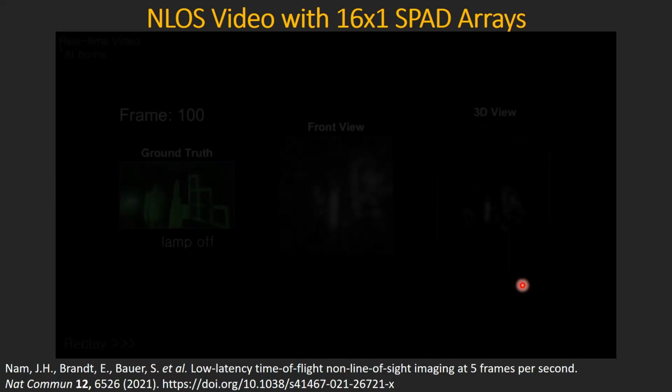Just to give you an idea of where the SPAD array cameras are going. The iPhone sensor, as I said, is roughly 100 by 100 pixels. Canon just announced a SPAD array that's going to be 3.2 megapixels. Some of the research group we're working with shared their roadmap. They want to have 16 megapixels by 2024.